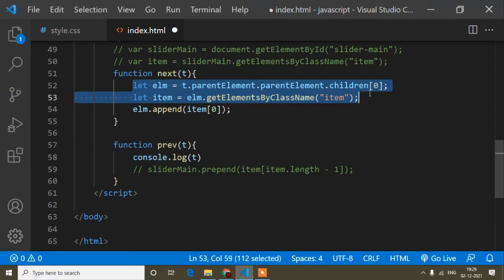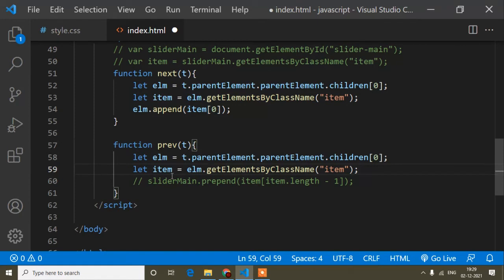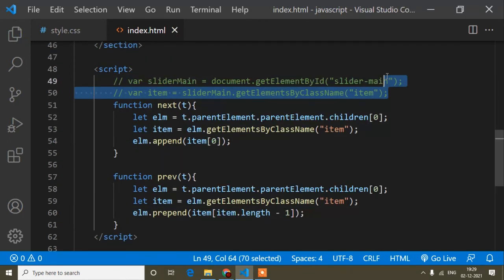And the same thing, I will copy from here, remove the console, and paste this one. Here you can see slider main dot prepend, but now this one, and I don't need to change anything else. So now I will remove these two things.